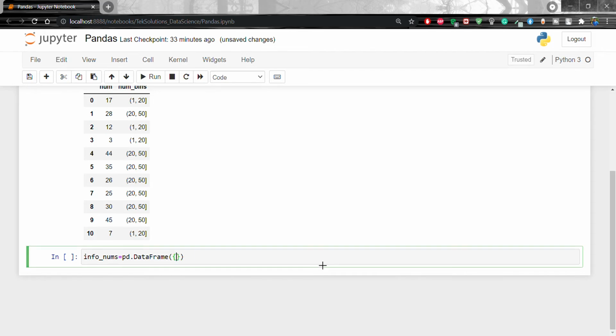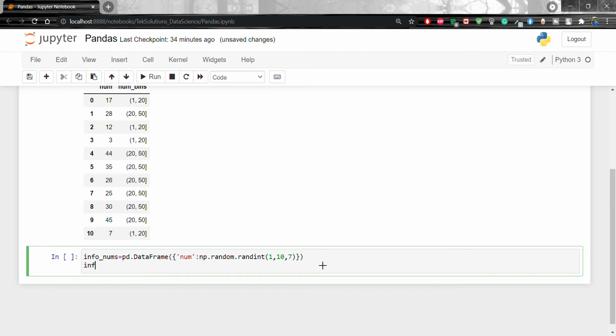Now we have to create the num column, and use np dot random dot randint, that is going to give you random values, from 1 to 10, and the rows will be 7.